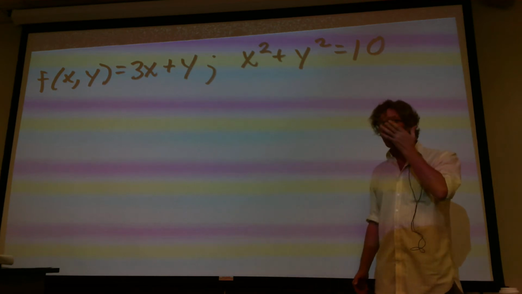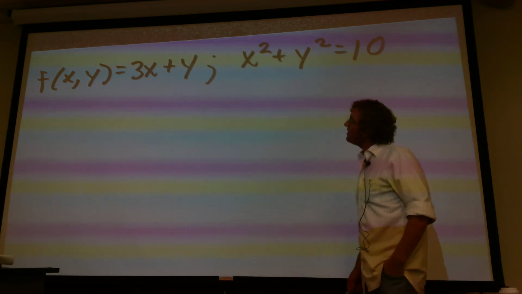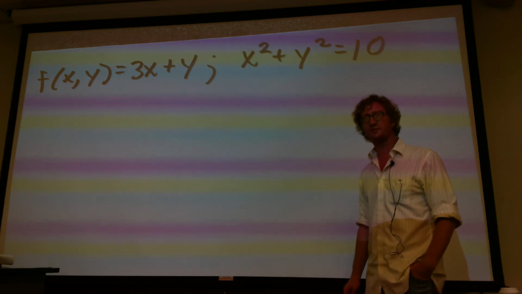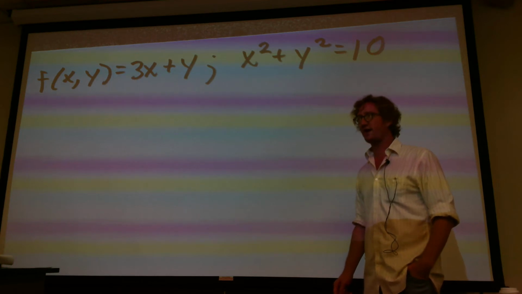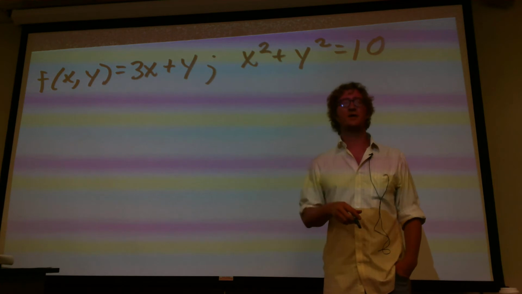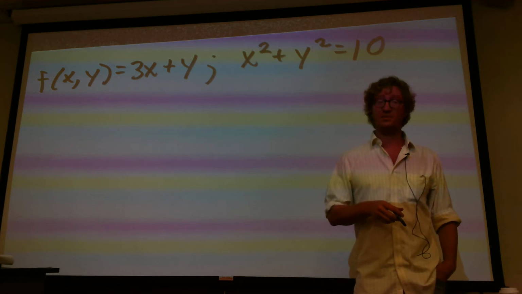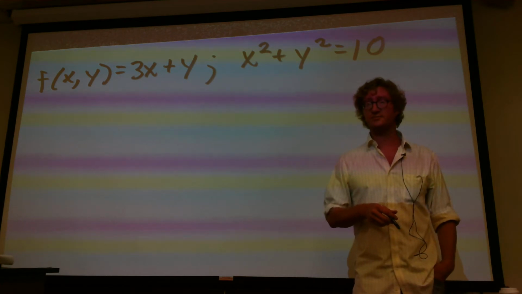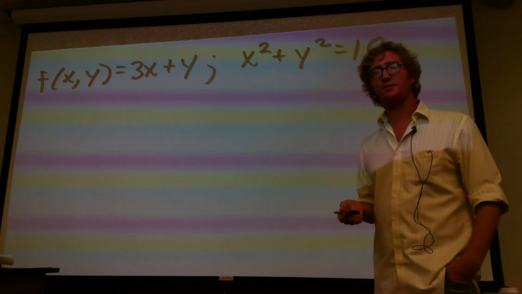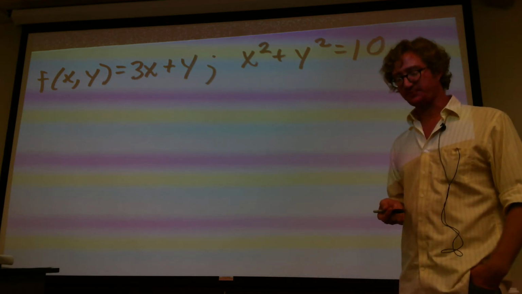Okay, so z equals 3x plus y. What is that? That's a plane. Okay, so we have this plane that, well, if you have z minus 3x minus y equals 0, I know it passes through the origin. Okay, and so we have this plane that passes through the origin, it's tilted, and then we have the constraint